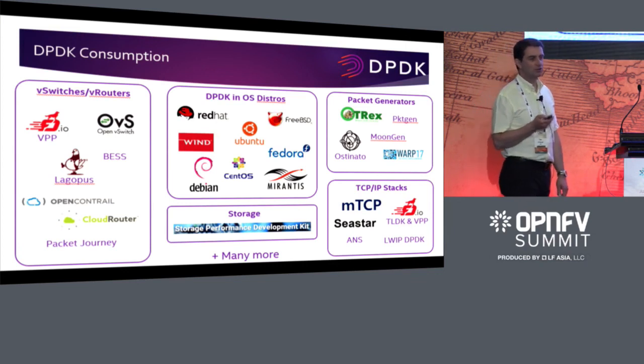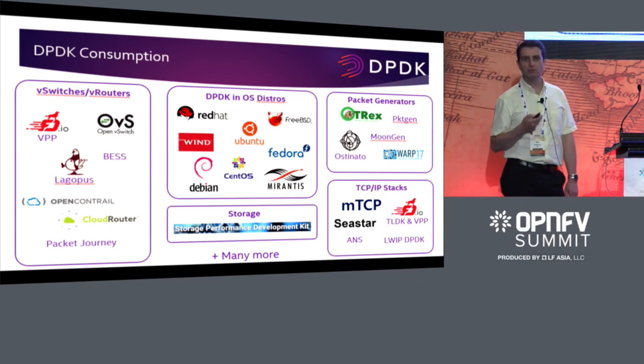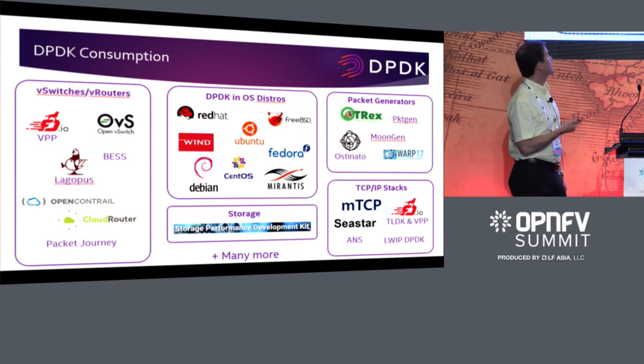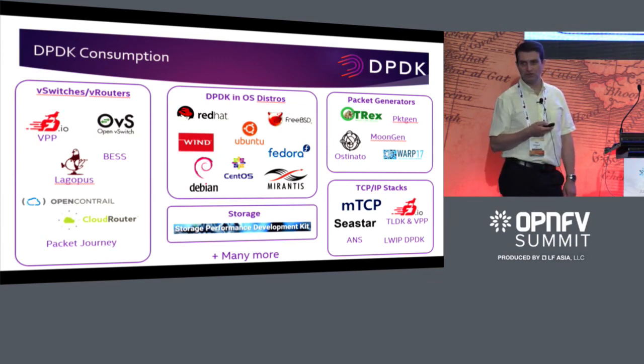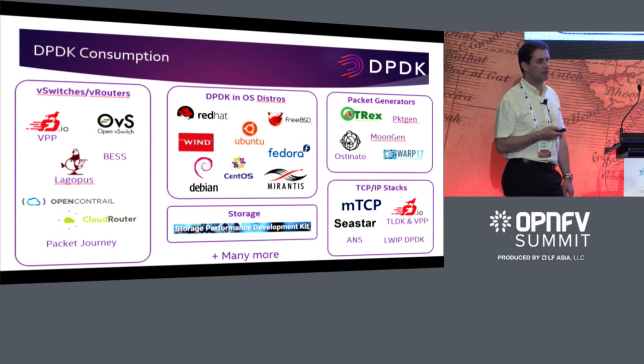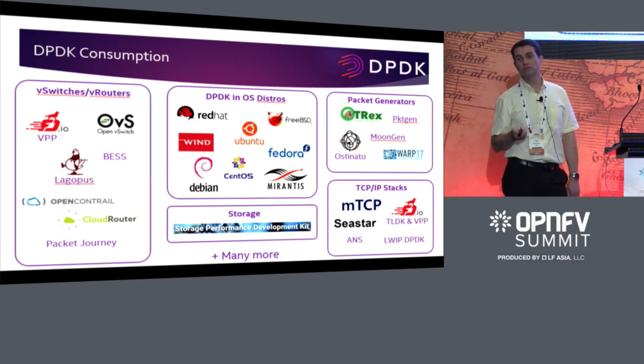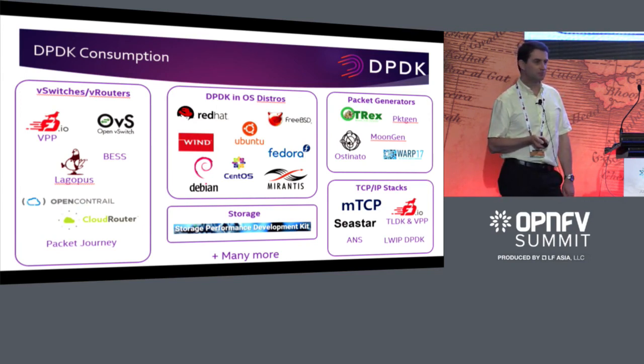The rest of the slide is talking about some of the other open source projects that build on top of DPDK. So I mentioned FD.io and VPP specifically, and that's what the focus of the afternoon session is. Frank and Christian later are going to talk about the DPDK-enabled Open vSwitch. And there are a number of other vSwitches which support acceleration via DPDK, a number of packet generators, and an increasing number of DPDK accelerated TCP stacks. So we see a growth in consumption, an ecosystem built around DPDK.